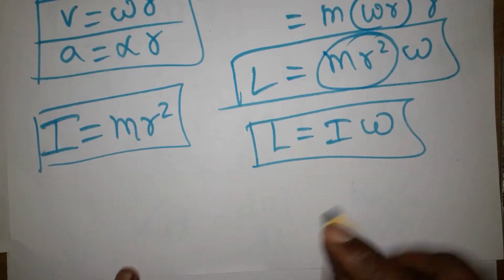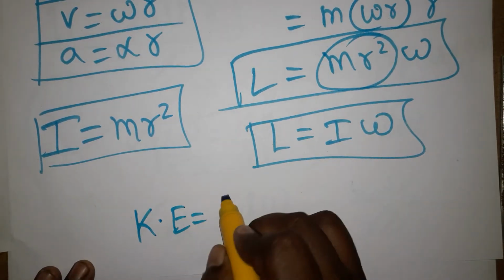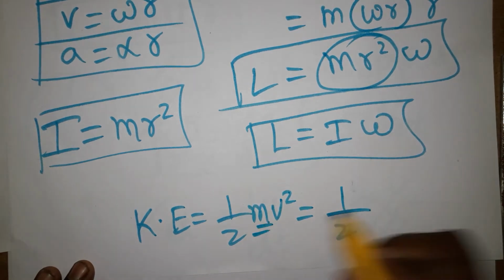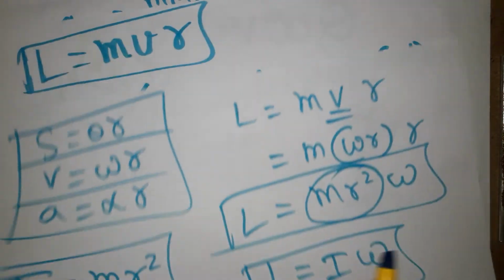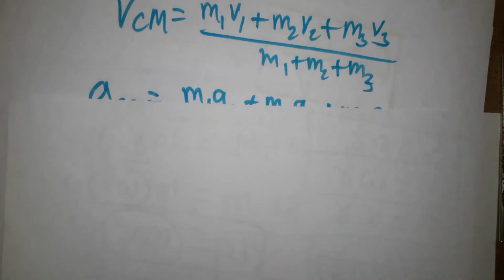The next thing, in kinetic energy we know it is half mv square. In rotation motion, the same kinetic energy, mass is called inertia, velocity is going to be omega square. Just I am going to recap the formulas we saw so far in rotation motion. Then I am going to proceed with the remaining equations, because in rotation motion we have a lot of equations.